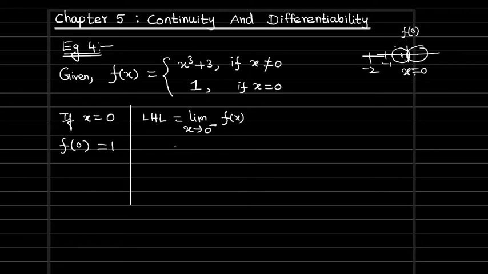So on the left hand side, the close values of 0 are not equal to 0, right? Approximately equal to 0, but exactly it's not equal to 0. So in place of f of x, we need to replace the first function. Replacing the first function, approximately 0, so we are replacing x with 0 here. So what is the outcome? The outcome we are getting is 3. So the left hand limit we are getting is 3.